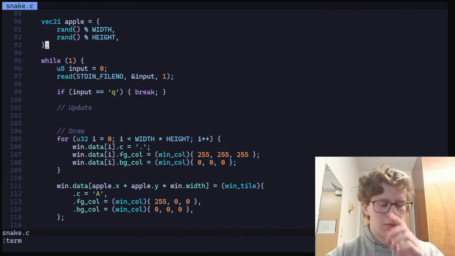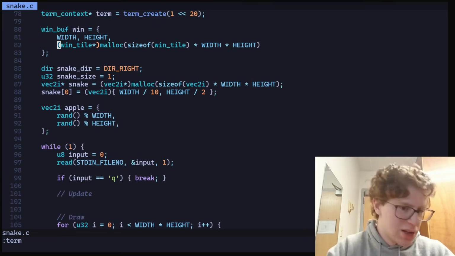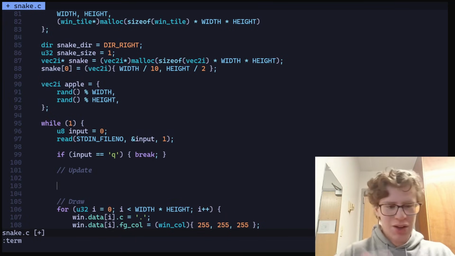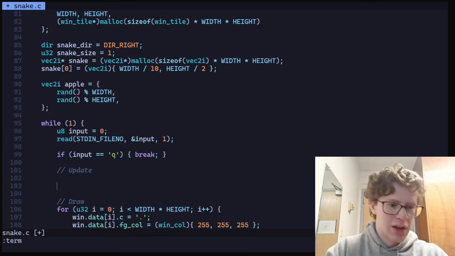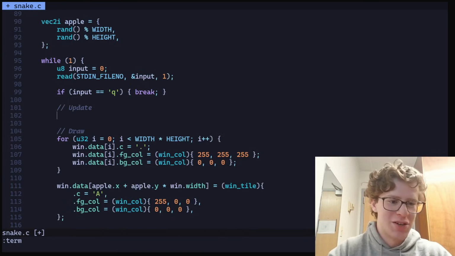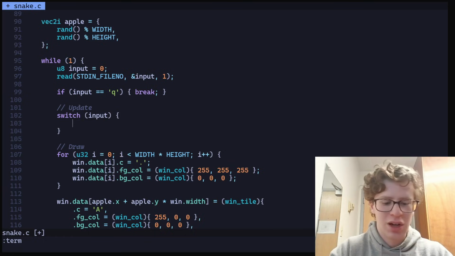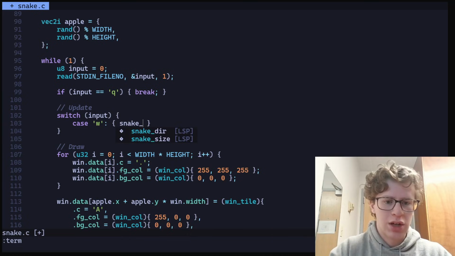So now what we have to do is actually update the snake. And honestly, I think there's a million ways you could do this. The actual implementation here does not matter. I just want to have some sort of proof of concept for the way that this terminal system could work. So the first thing I'm going to do is switch on the input itself,